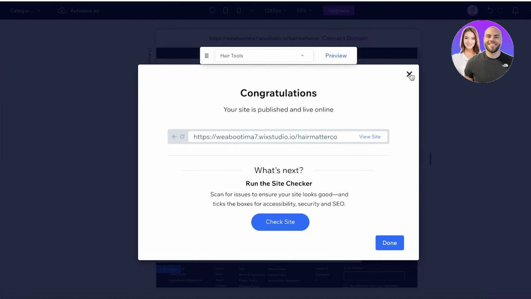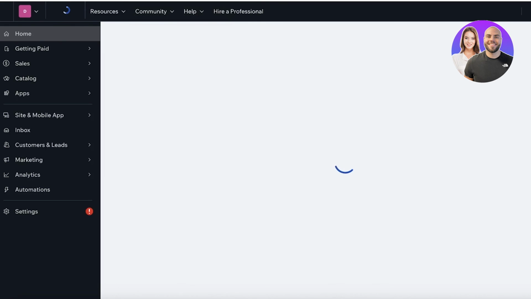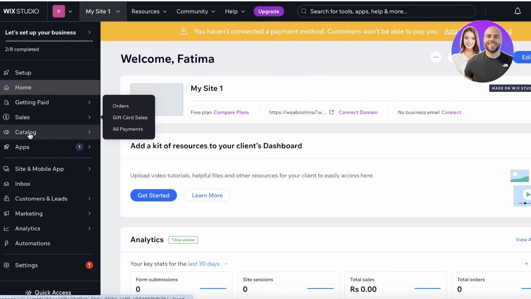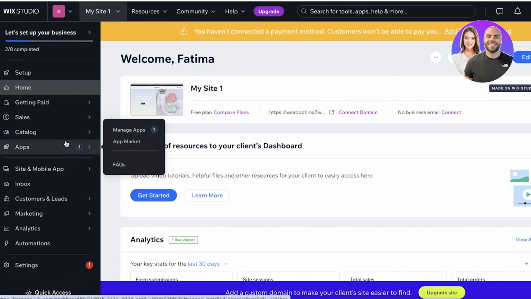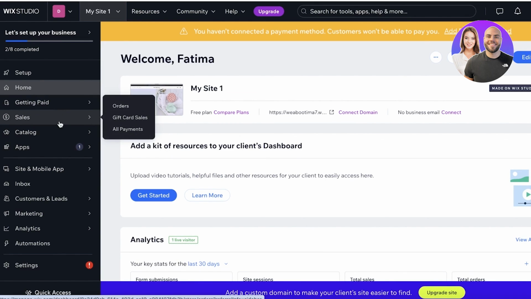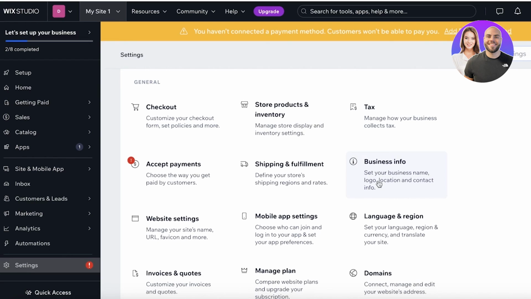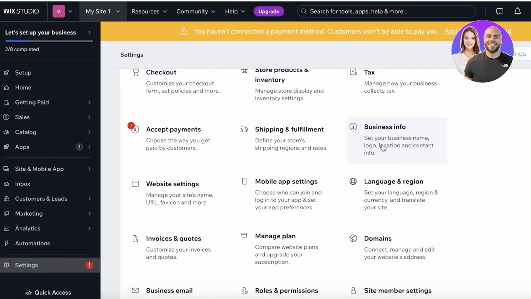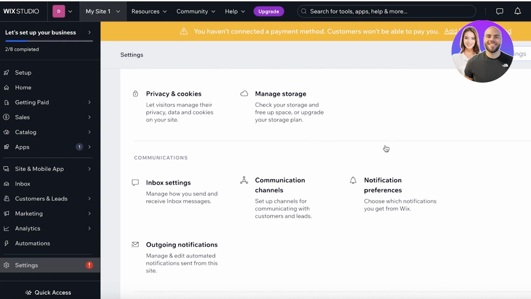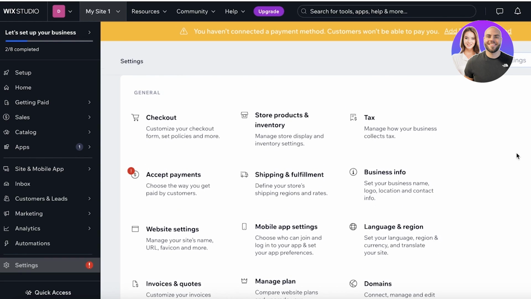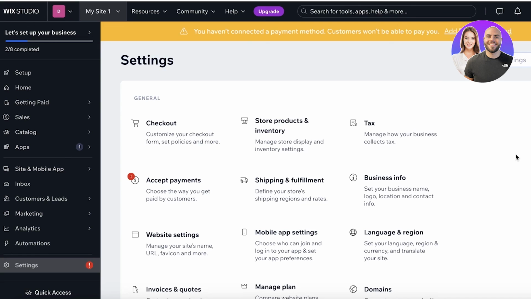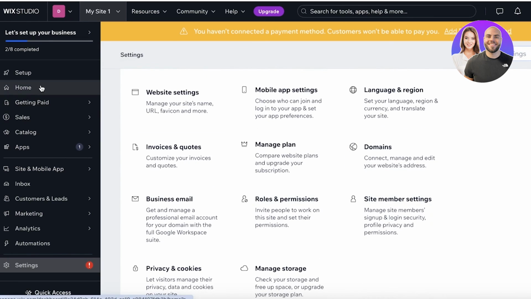Now, to further customize our store, we can go back into our site dashboard, and in our site dashboard, we can go into apps to integrate certain applications to improve your website performance, as well as build more customization and organization into our site. Now, once you have built all of the basics of your website, go into settings on the left, and once you do that, you will see business info. Now, you can go on ahead and set up your business info, including your privacy policies, as well as all of your basic shipping and handling fulfillment info over here